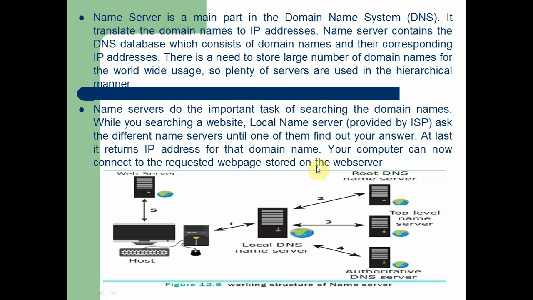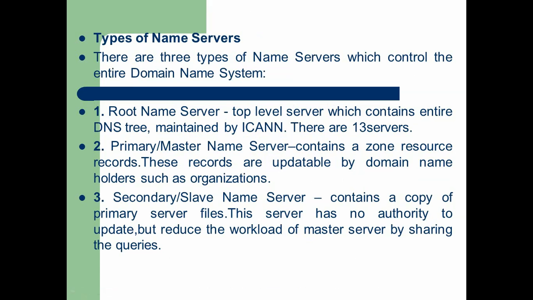Your computer can now connect to the requested web page stored on the web server. After accessing the domain name servers, next we are going to see the different types of name servers. There are three types of name servers which control the entire domain name system. One is the root name server, another one is the primary or master name server, and the third one is the secondary or slave name